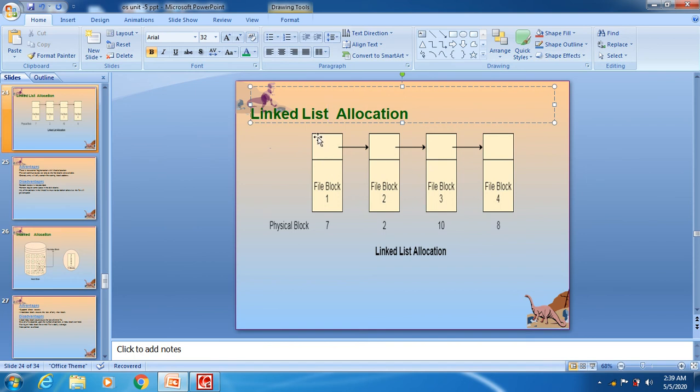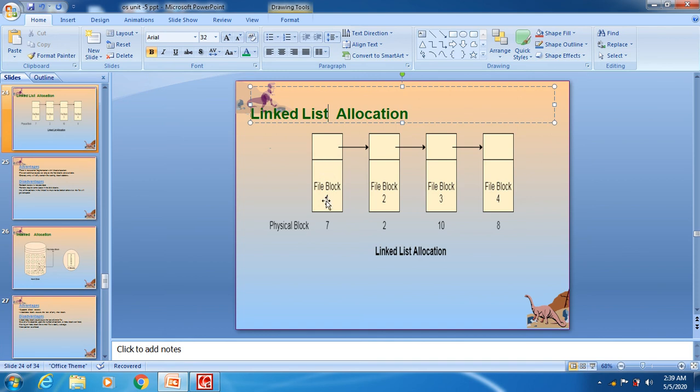We will see here, each and everything is a block number. Let this be the total hard disk. In this hard disk, each and everything is a block. What does each and every block contain?